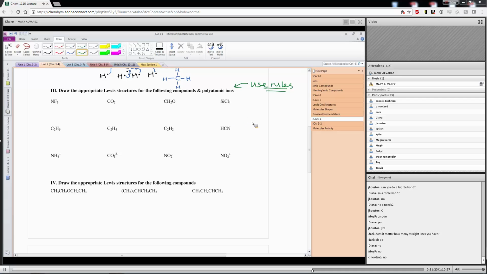And do you guys want me to do one more, or do you feel like you can follow that process? You feel good? Do you want me to do an example, another one of these? Do the hardest one. I don't know which one's the hardest one. You know, I'll do this one. Because for this series, the C2H2, C2H4, you're going to say, what's in the middle? So this might be helpful. Okay, so for C2H4,